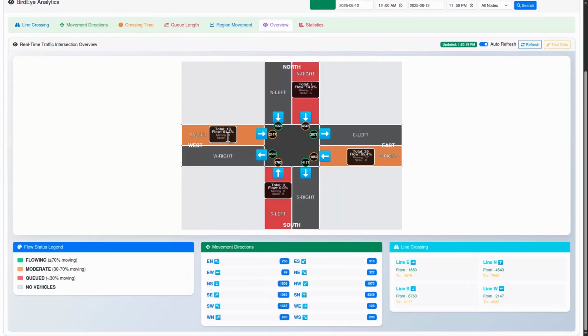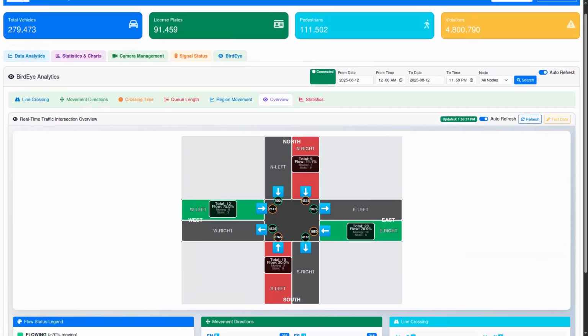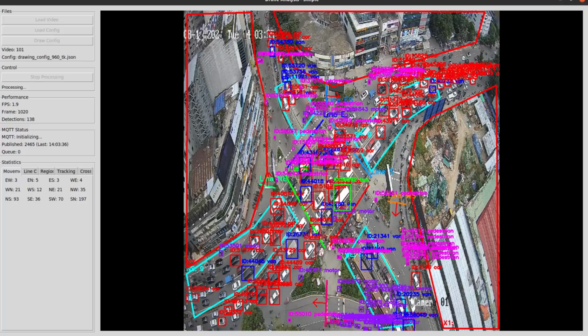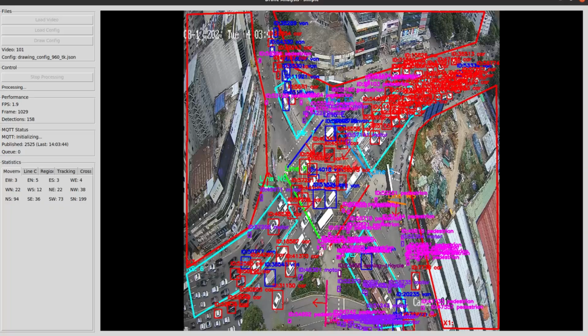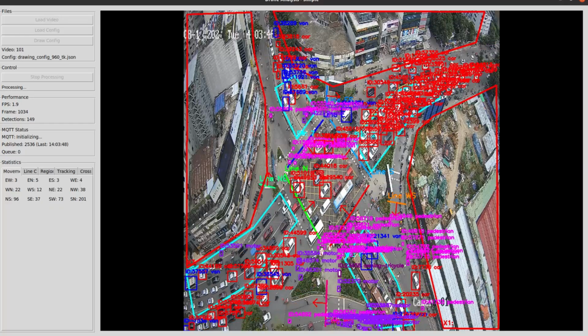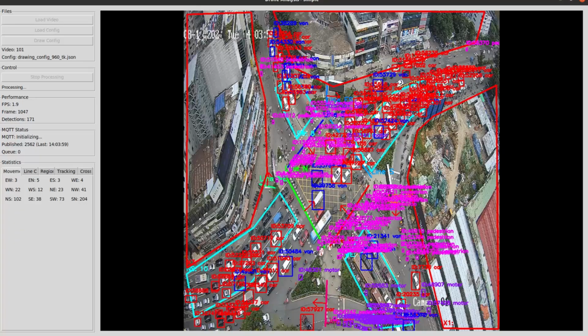The bird's eye view is the most interesting feature of this dashboard. We have a real-time overview of what's happening in the intersection. It has the flow ratio of each of the directions, and it changes in real time from the drone view. The drone view is a top view camera that detects the vehicle movements from different directions in real time, and also classifies the vehicles including the pedestrians, and gets very precise information about the direction of the vehicle, either it is moving or not,